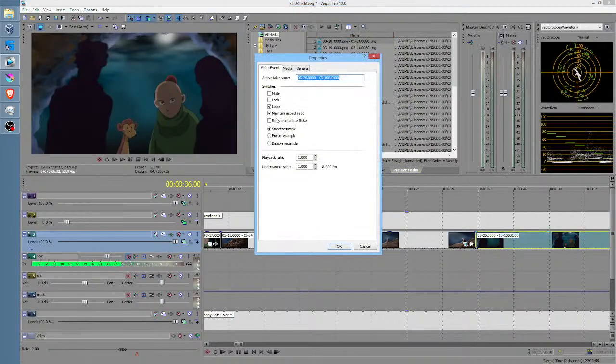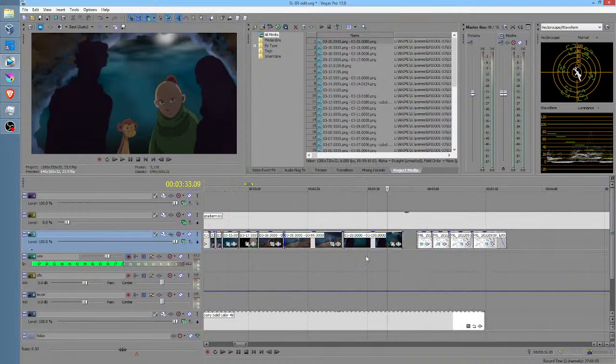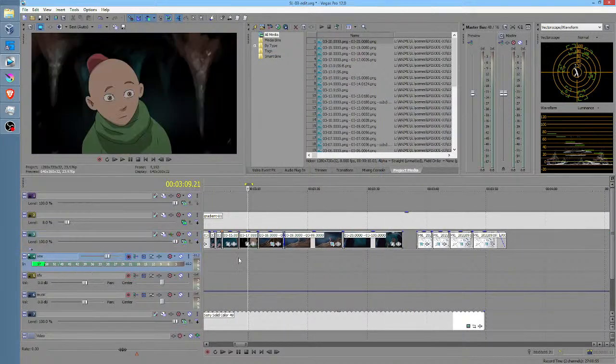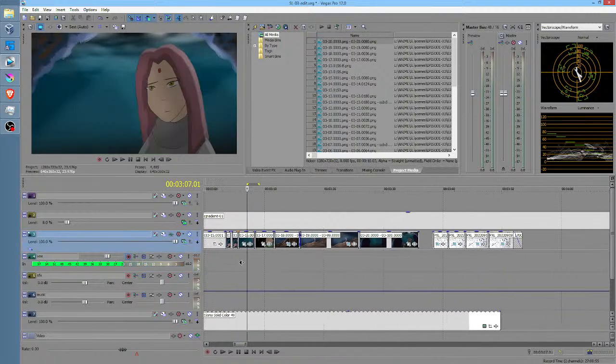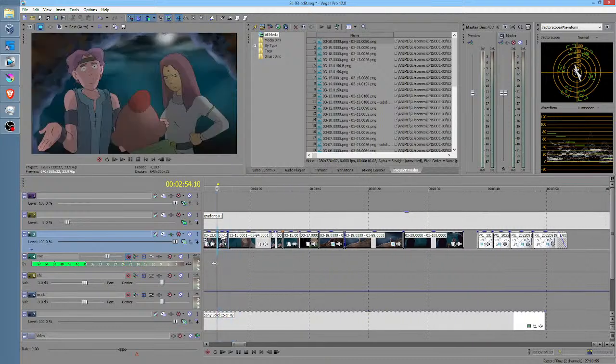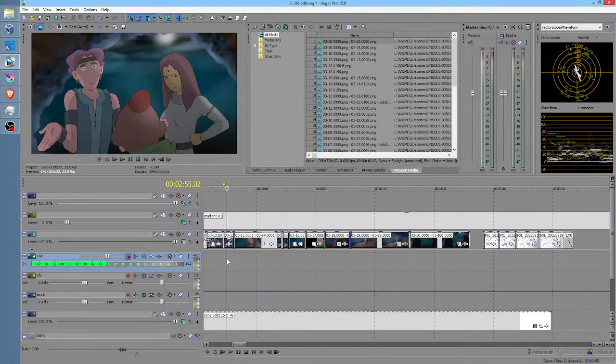We're going to change this to disable resampling, and then we're going to compare. Now Luca's a lot brighter here, but that's because he's facing out of the cave, right? So this is what we're comparing to. So let's pop a marker right here. I'm hitting the M key.